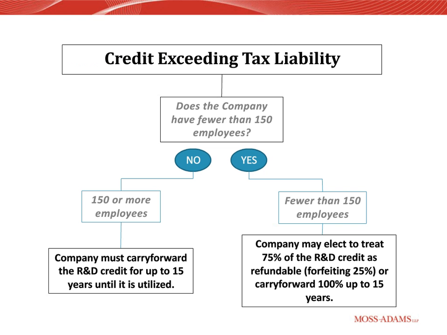All right, so we've got an example of, well, not an actual company, but a made-up company here. And so this just goes to show how the company would actually receive the benefit of both the federal credit and the Arizona credit. And in this example, we've got a Scottsdale-based software company with 55 full-time equivalent employees, and they have a federal tax before credits of $150,000 and an Arizona tax before credits of $40,000.